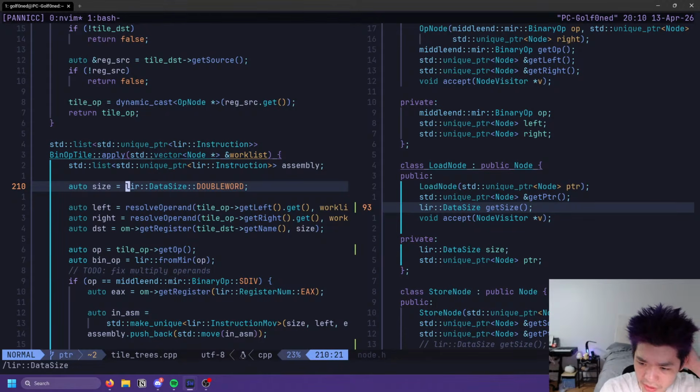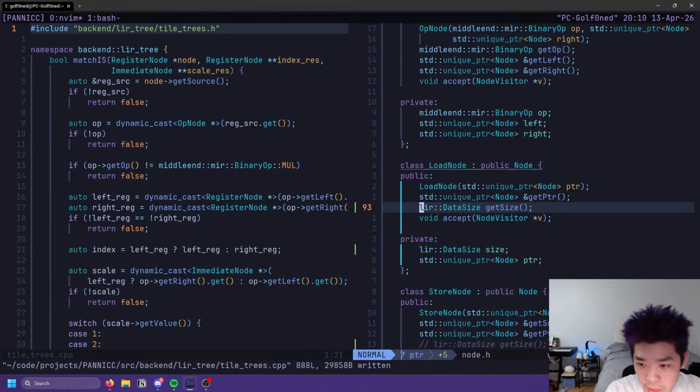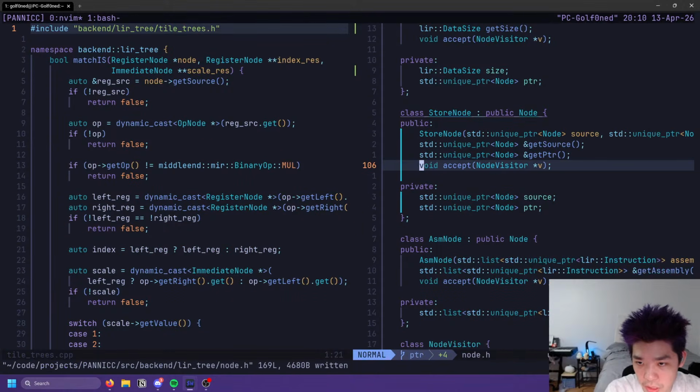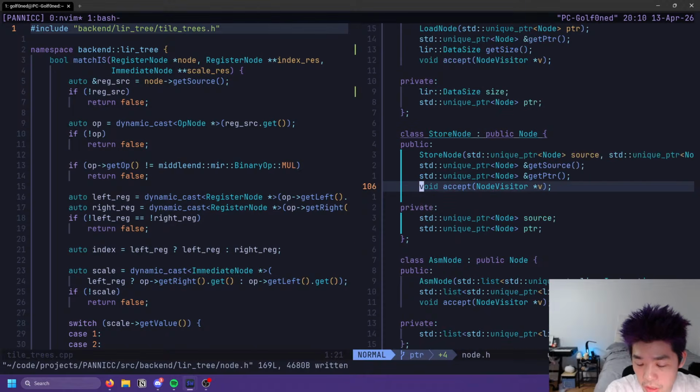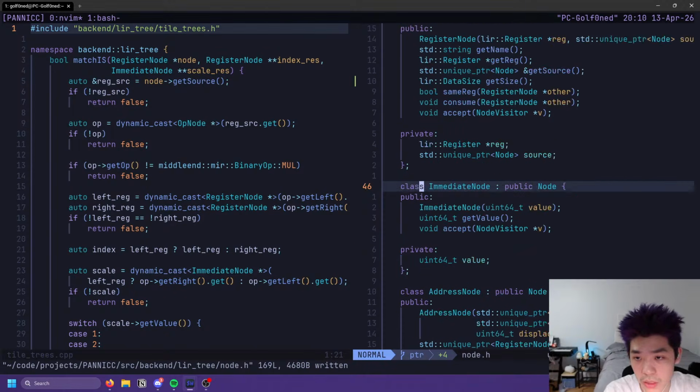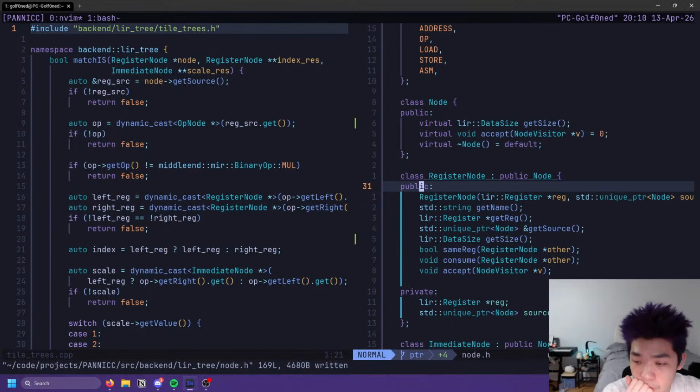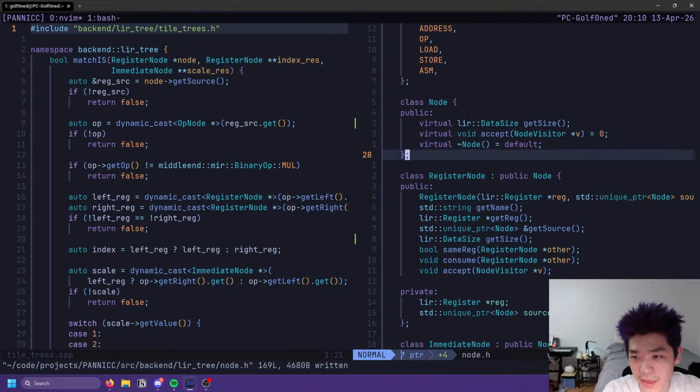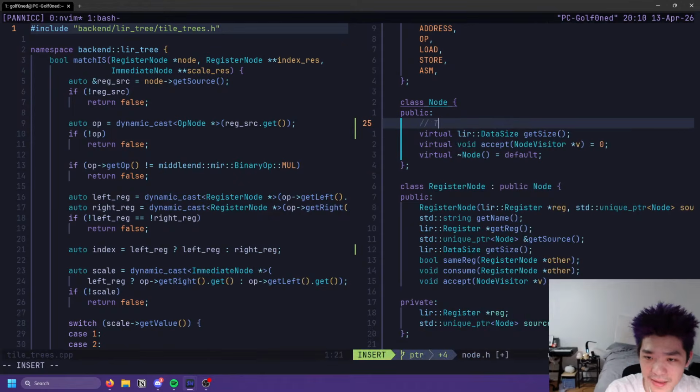So I guess load is the only place where we have actual problems, huh? Yeah. So we don't need it for store, I'm fairly sure. Yeah, I think, is this a good design choice?